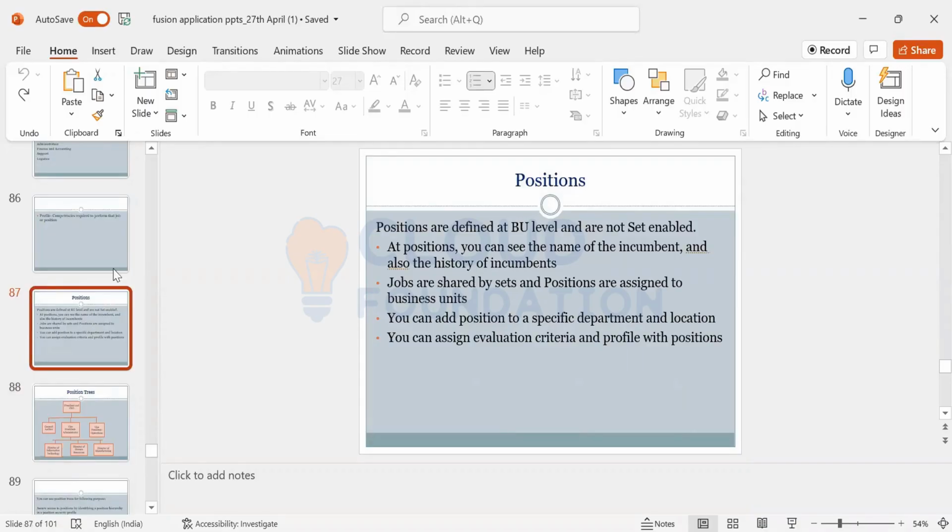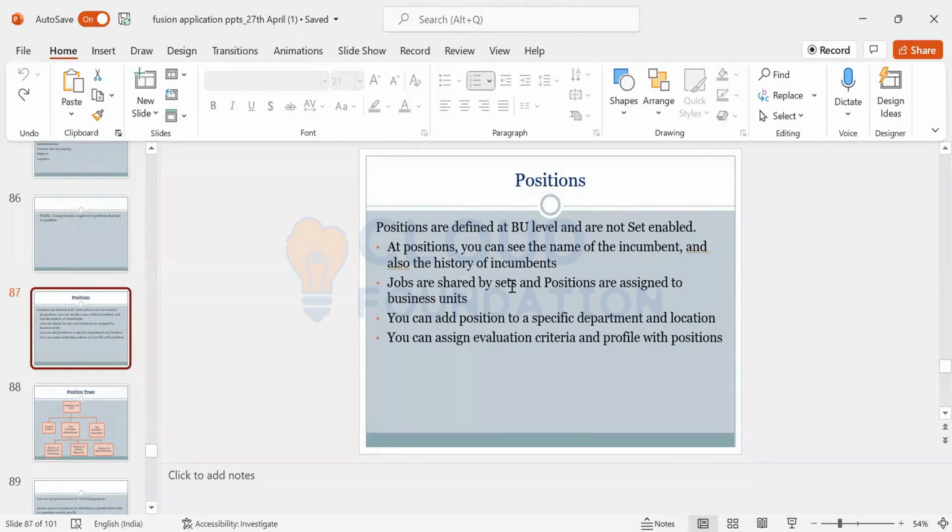Positions are defined at the business unit level, and they are not set enabled. Note, jobs are shared by sets, and positions are assigned to business units.